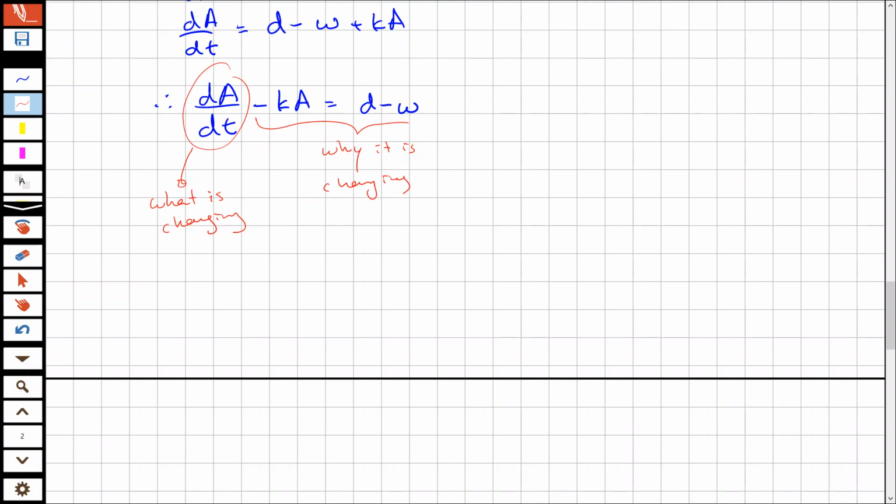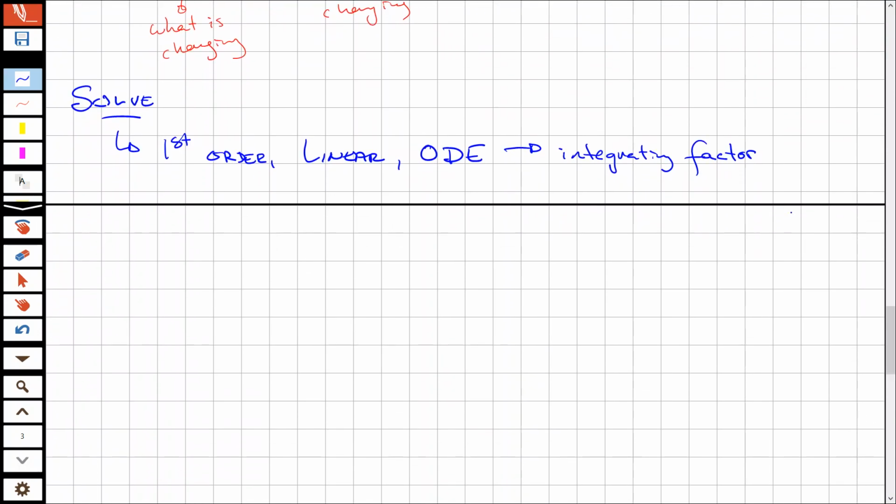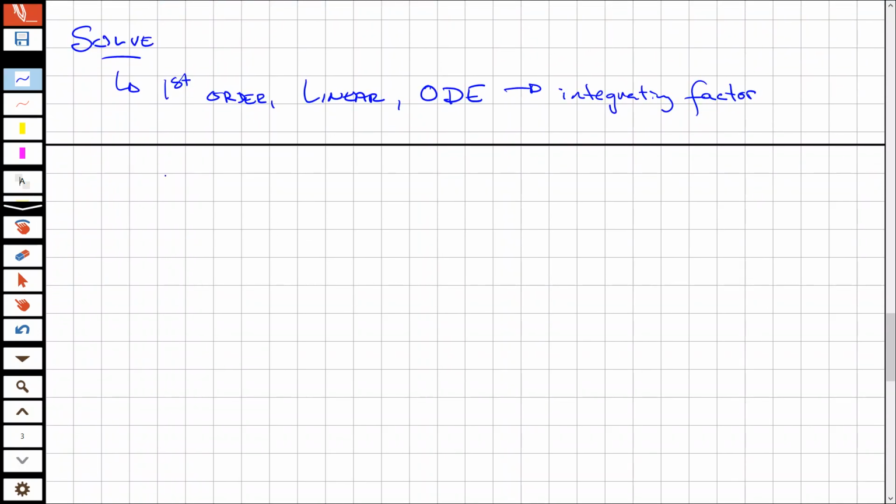Now let's go and solve it. In this case, it's a first order linear ordinary differential equation. And we're actually going to use the integrating factor method. No, I haven't gone through this method in class. It is in the math review. So, the integrating factor method